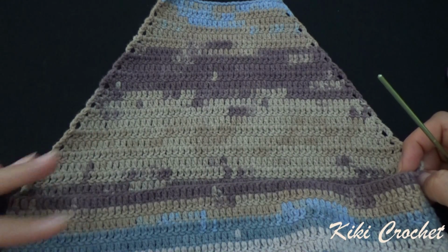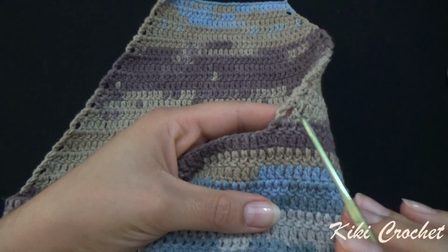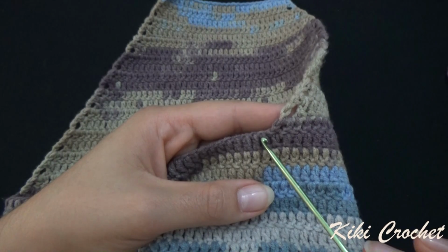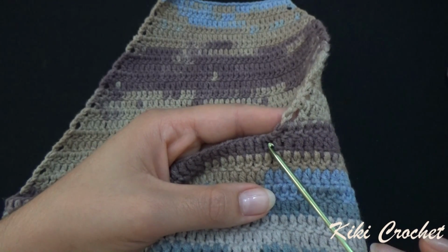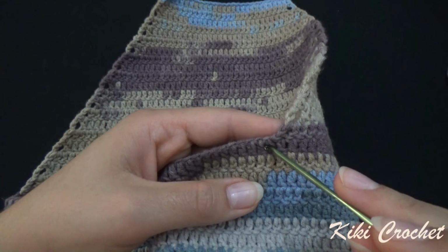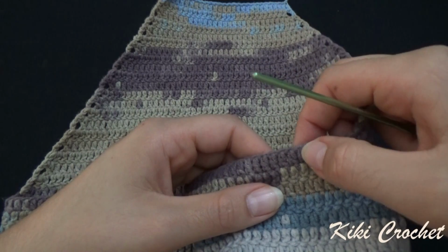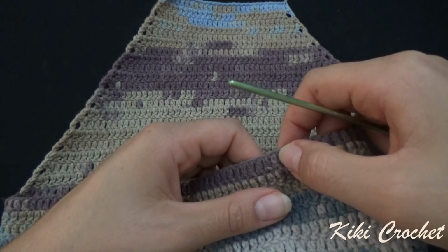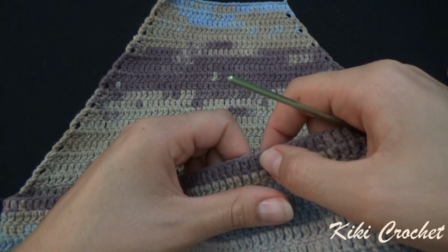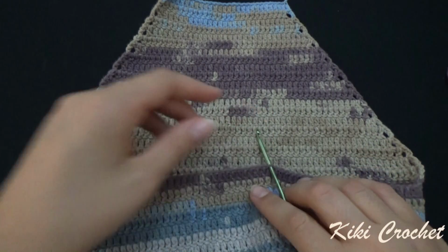so the top part of our dress is balanced, I'm going to start counting from the first double crochet that we did on our chain that we worked for the back part. Okay, so this is my first double crochet, and I'm going to count 24 stitches. 1, 2, 3, 4, 5, 6, 7, 8, 9, 10, 11, 12, 13, 14, 15, 16, 17, 18, 19, 20, 21, 22, 23, 24. So right here I'm going to attach my